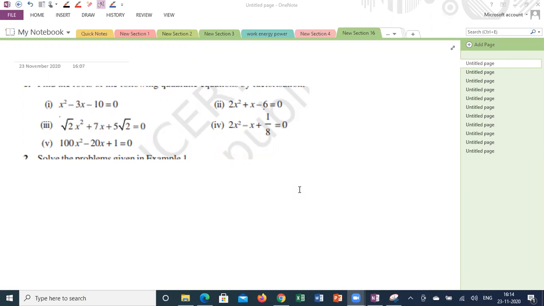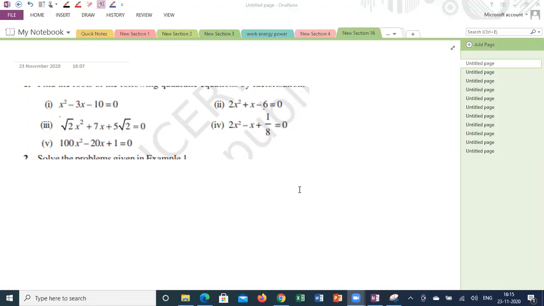There is a condition. If I follow that condition, it will be easy to split the middle term. What condition? Sir, the product of the two numbers should be equal to the last number and the sum of them should be the middle term. Correct. The product should be equal to the product of the first and last terms. The sum should be equal to the middle one. You have to split the middle one in such a way that the product is of the first and last, and the sum is the middle one.